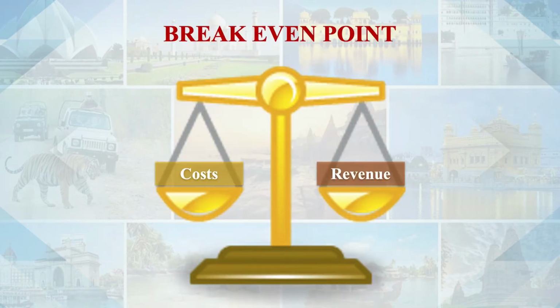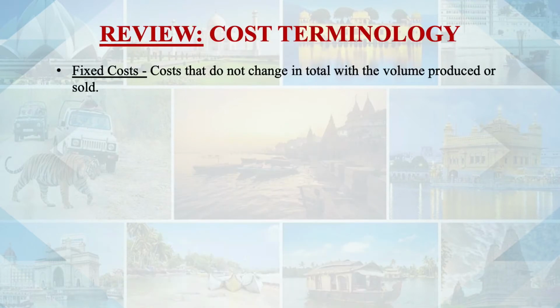The main topic in Part 2 will be the break-even point, and through this slide we can very clearly see cost equal to revenue. In the previous topic we discussed various types of cost. So let's review what we covered previously. We did cost volume profit analysis and tried to define various types of cost: fixed cost, variable cost, mixed cost, semi-variable cost, and we discussed their characteristics and their behavior,